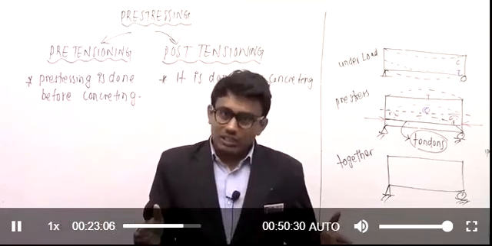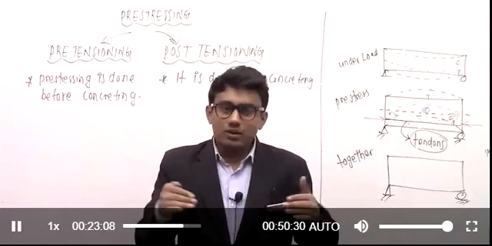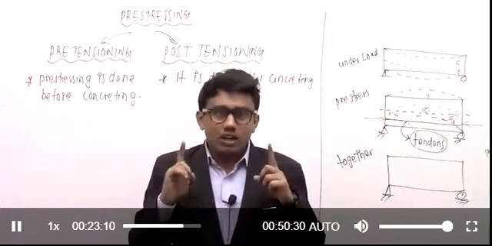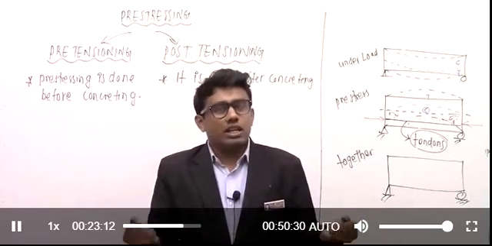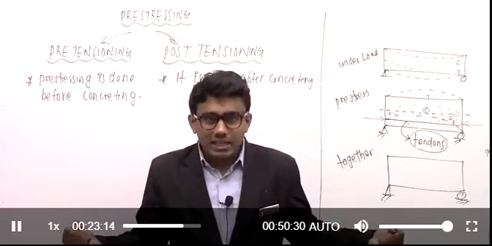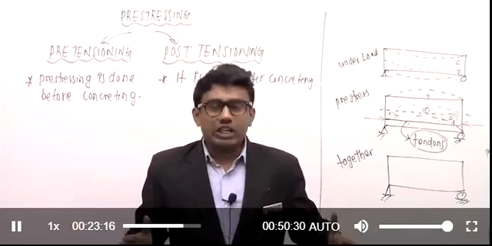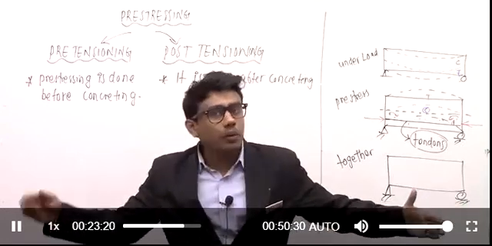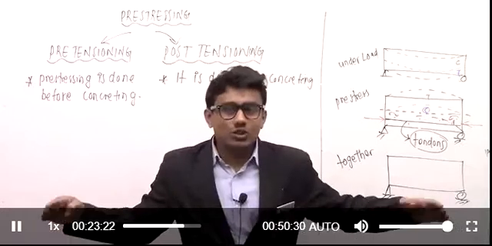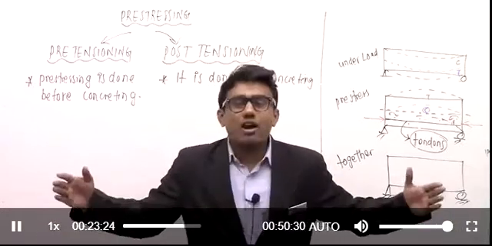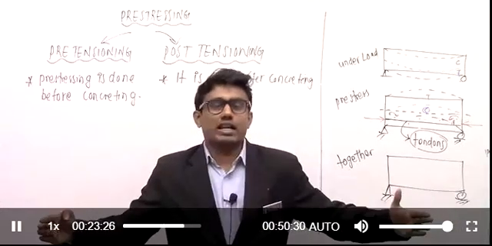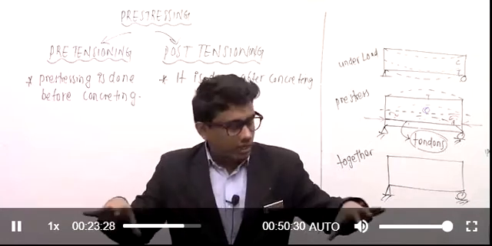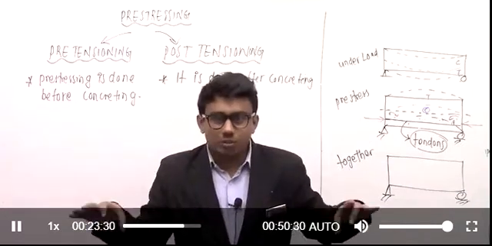Initially, the tendon was like this, no concrete, nothing. Suppose I have to construct a beam here. First, I am going to stretch our reinforcements, our tendons. Initially, it was up to here. Now, it will become like this. Then after that, I am going to provide anchorage. That means this stretched length is maintained. After providing sufficient anchorage, I am going to construct our beam here.